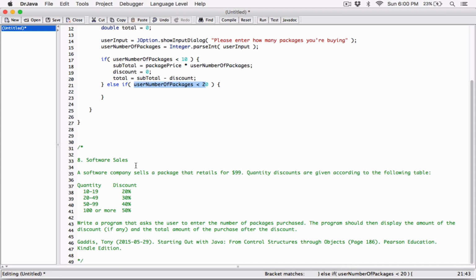So 10 to 19, because 10 or above, but at the same time less than 20, 19. So 10 to 19. In that case, then the person's subtotal, I hope you didn't get confused with the if statement. But when you think through it, it will make sense. So the person's subtotal, if it's 10 to 19,